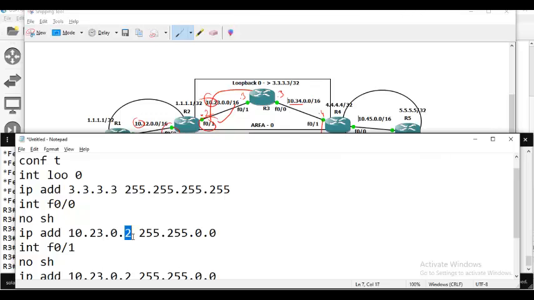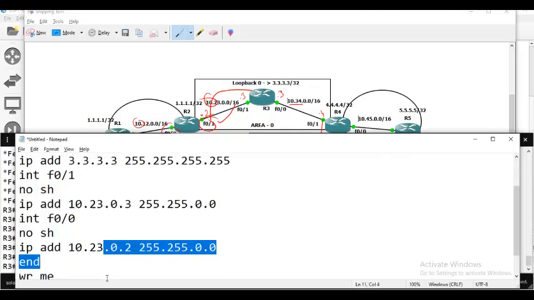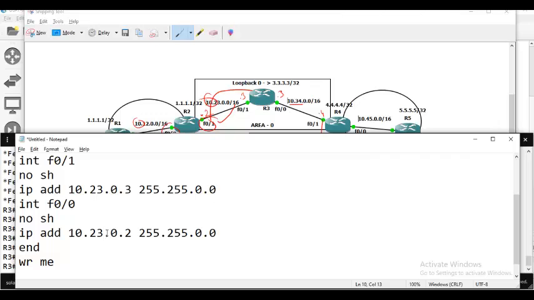But this time, I'm going to give the router ID manually, like this. Router OSPF 1, router ID